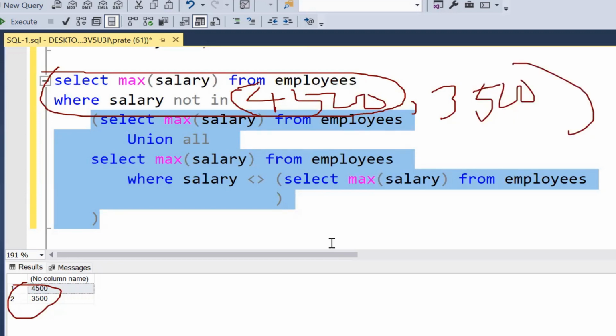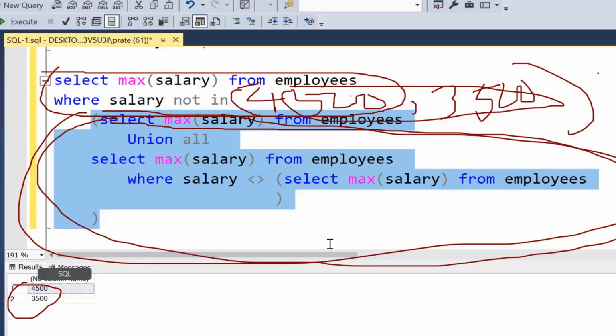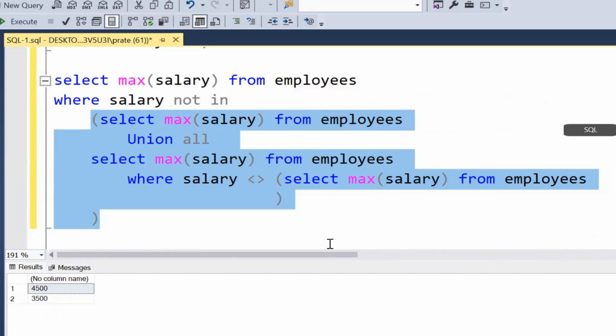ये मेरा खत्म हो गया। मतलब अगर ये चीज नहीं लिखता मैं, बस इधर ऐसे लिख देता, तो क्या आता मेरा? सिंपल था ना वो, सैलरी नॉट इन 4500, 3500, राइट? समझ में आ गया? ये पहले वाले जो हम लोग कैसे लिखते थे, नॉट इन, इसी की जगह हम लोग क्वेरी लिख रहे, ताकि ऑटोमेटिकली अगर चेंज भी हो टेबल में तो ऑटोमेटिकली मेरा मैक्स एंड सेकंड मैक्स दे दे, क्योंकि ये तो मेरा स्टैटिक हो जाता। अब तुम पूरा रन करो तो तुमको पता लगेगा कि ये नॉट इन आ गया ना, तो पूरा रन करो,